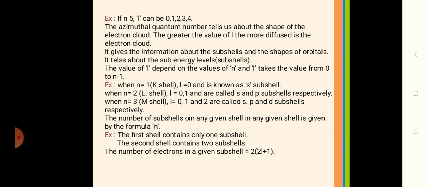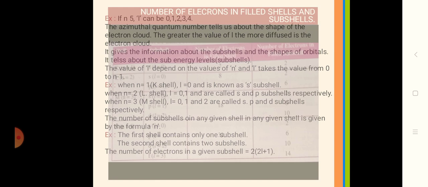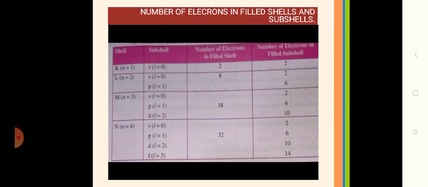The number of electrons in any given subshell is equal to 2(2l+1). Number of shells and subshells table. In this table we can learn shell name, shell number, subshells, and what is the value of l, number of electrons in filled shell, number of electrons in filled subshell,